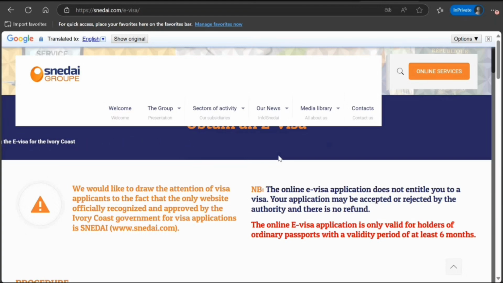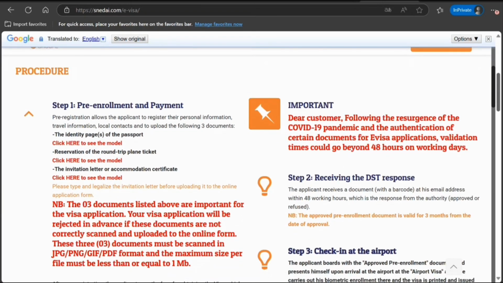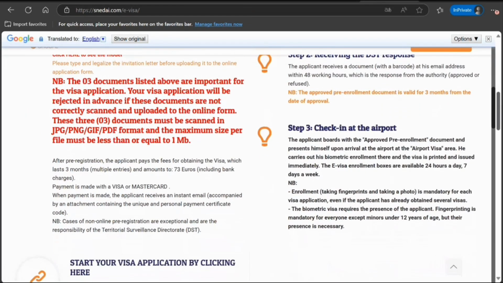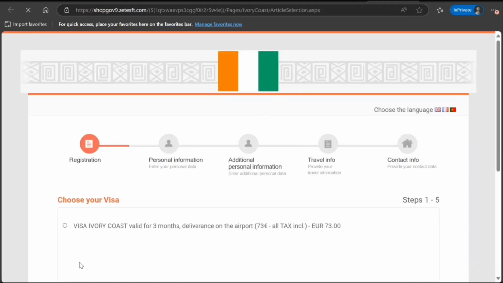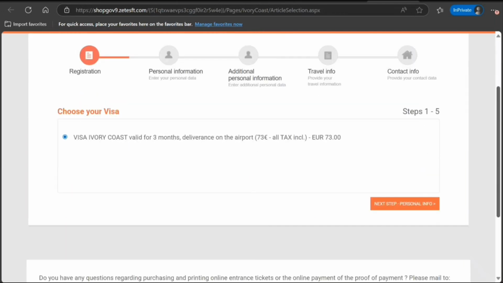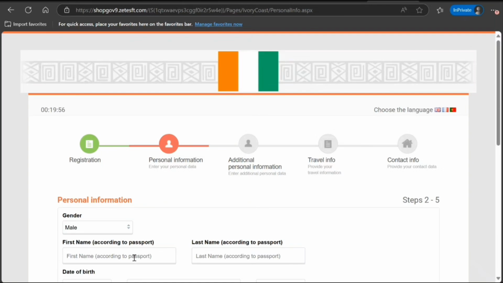So guys, in front of you, I have opened this Ivory Coast e-visa website. Here on the main page, they have given the steps for how you're going to proceed. The fee is 73 euros, and you get 3 months multiple entry. So you're going to click here. You're going to select your visa type here. Go to next step. I'm going to put in sample information, but you do it as per your own case, and any information